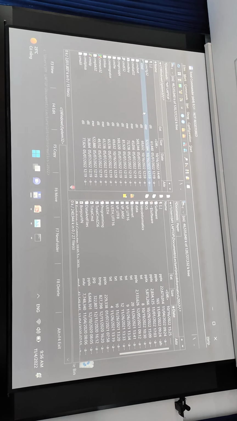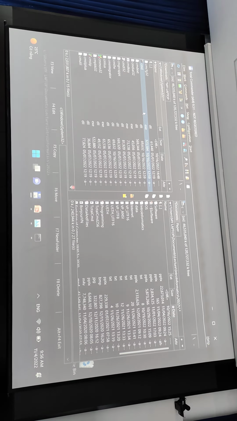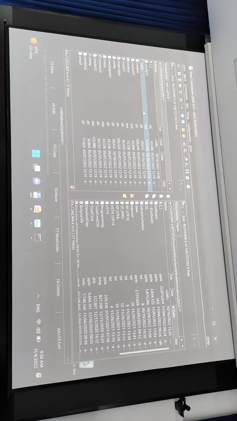You see? Exactly. It means that inside the Windows System32, there will be a CMD file. And the CMD file here, you could see the file name. I think that some of the people could see it.